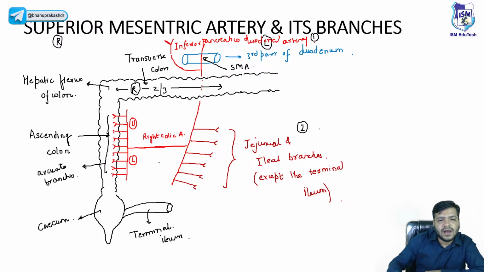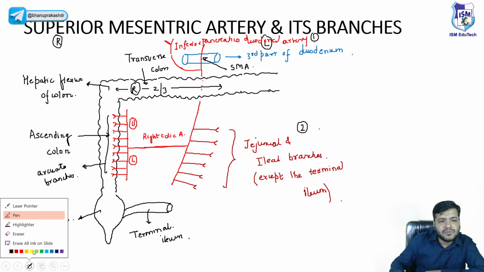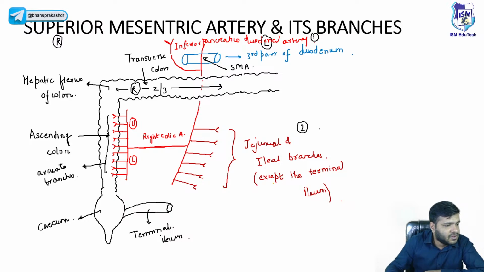Okay, now the right colic artery का part हो गया. Now the superior mesenteric artery will have another branch, beta. I'll use orange color now so that we have the color coding. So now this superior mesenteric artery will give another branch that will supply the transverse colon, and it is called the middle colic artery, and this will again divide into,